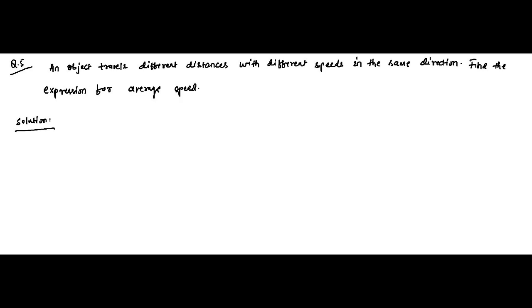Hello friends, so here is another question, and it has been given that an object travels different distances with different speeds in the same direction. So we have to find the expression for average speed. So basically, let's say the object,